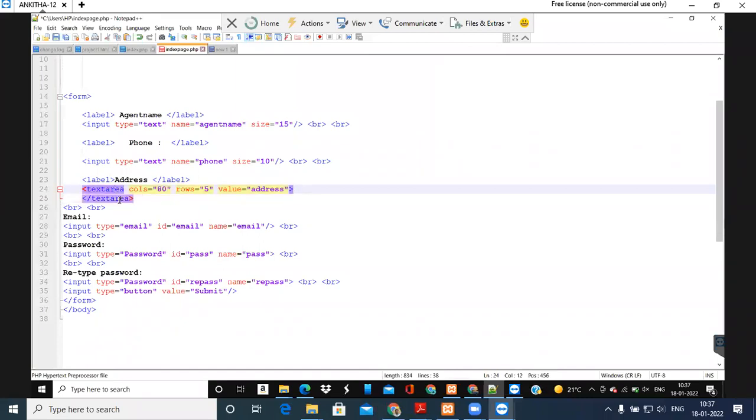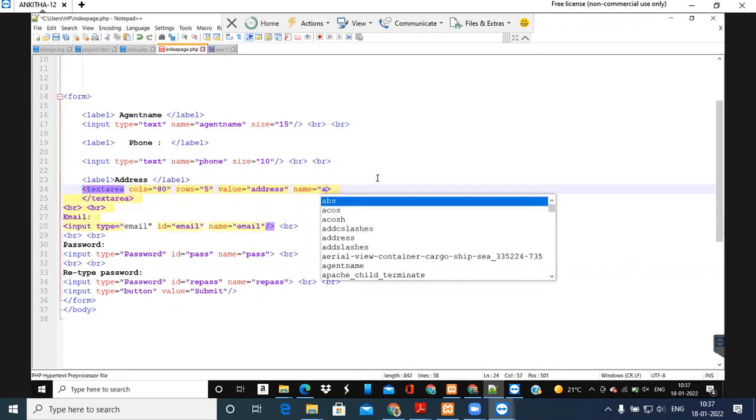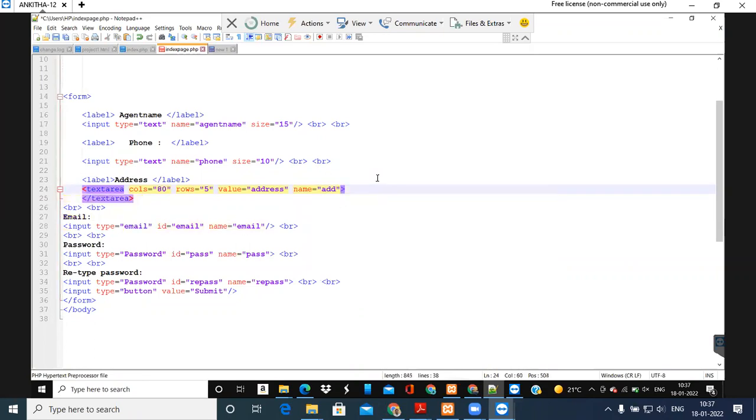This one is a pair tag, and this contains two attributes, columns and rows. You need to specify rows and columns. So now 80 columns will be created and 5 rows will be created. And then for this also you have to give a name. I give the name student, as this name is very important. I explained in our previous classes also. Again, I explain, this one is very important. Next we see why this one is important.